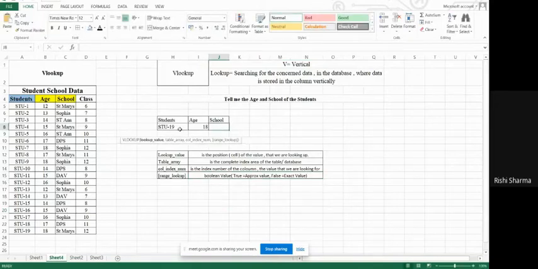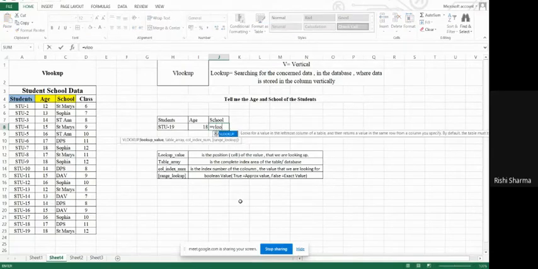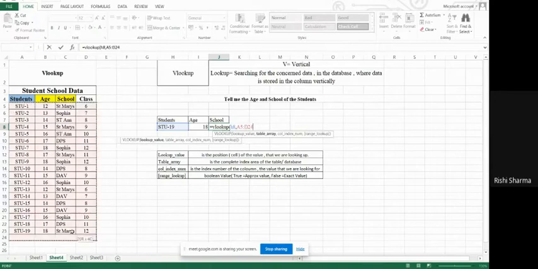Okay, guys. Now let me do this one. I want to find out the school in which the student number 19 is studying. So what I have to do is see the data in the column where data is stored vertically. So I will use VLOOKUP, bracket open. And what is the lookup value, guys? Lookup value is H8. I'm looking for details for student number 19. And what is a table array? Table array means the index area of the complete table, starting from here to here.